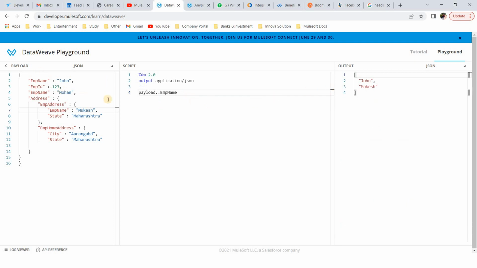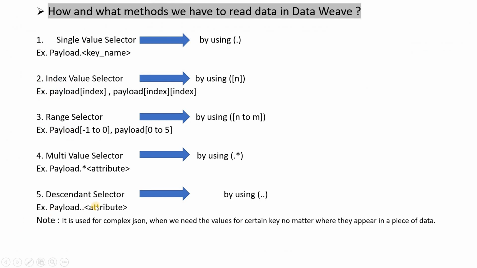Okay, so John and Mukesh, you will get those outputs. Okay, fine. So this is about the multi-value descendant selector. By using the dot dot sign, you will get those outputs. Okay, now moving to the next. I hope you understood what I have covered till now.